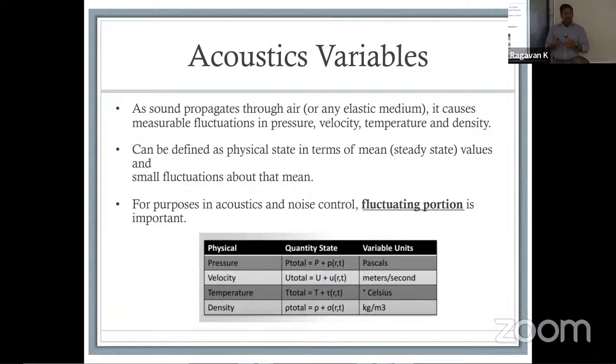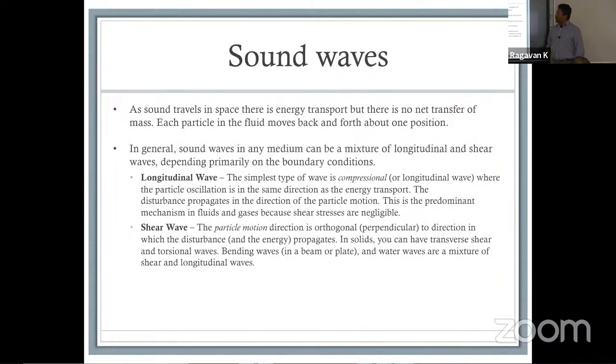And that's why that method of a collapsing field can create noise. If you have a discharge, a partial discharge, ionization, all of those create noises that you are automatically tuned to. Generally speaking, in terms of acoustics and noise control, looking at a fluctuating portion is an important concept. The pressure, velocity, and temperature tell you how you calculate each one of these variables and what the units are.